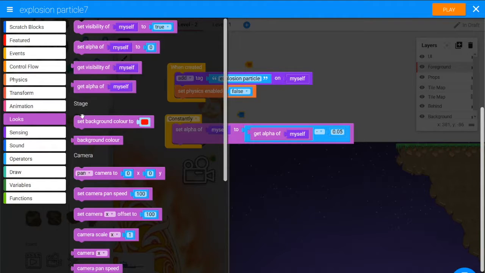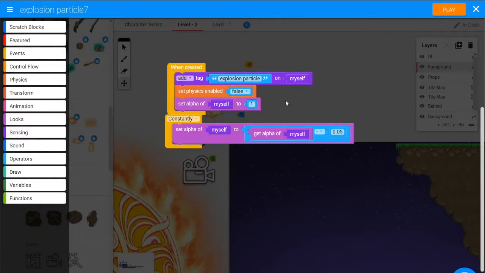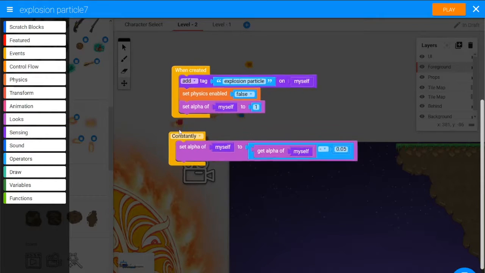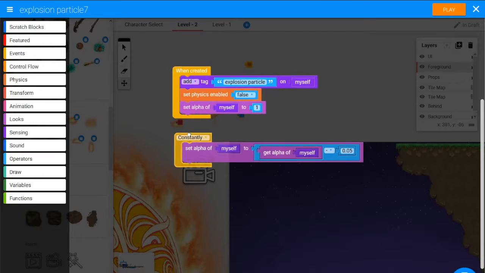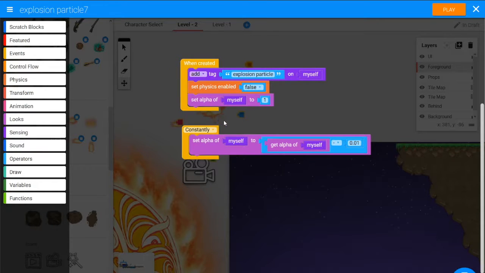I'm going to give it a starting alpha, so I'm going to say set alpha to 1. This is just in case later on maybe we want it to start with a different alpha, and then it's constantly fading away. Maybe I might make it fade away a little bit more slowly, maybe 0.01. I'll also get it to